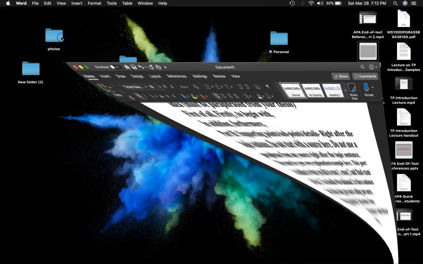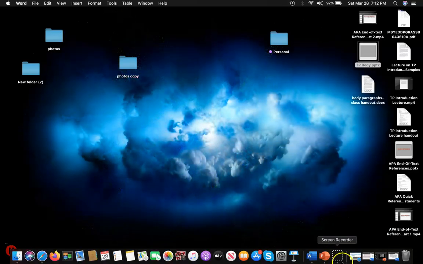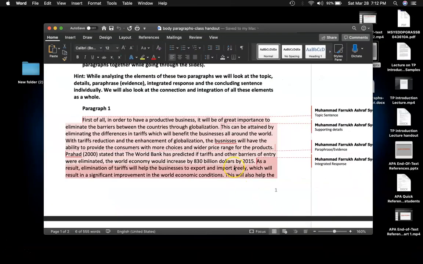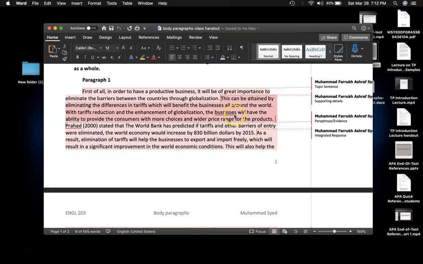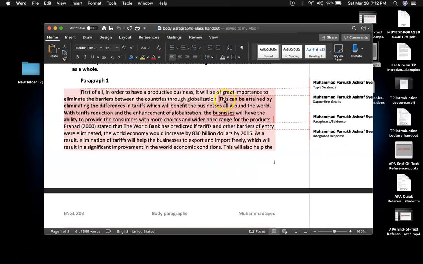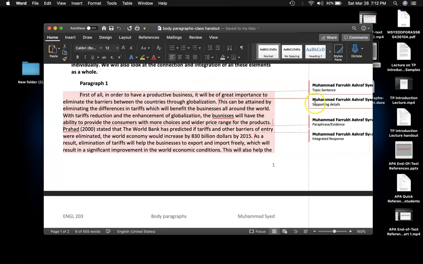The language is very simple. You can say, for example, for instance, to elaborate more, to discuss it further. Let's look at the student's example here. Please read the first one. You saw the topic sentence, then right after the topic sentence, before he used the source, Prahat 2000 stated that, this is the paraphrase or evidence. Now write this before this. The topic sentence must be one sentence. So this is one sentence. And then